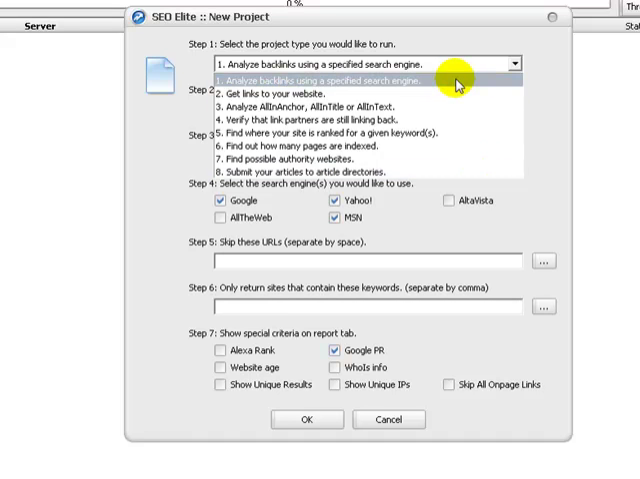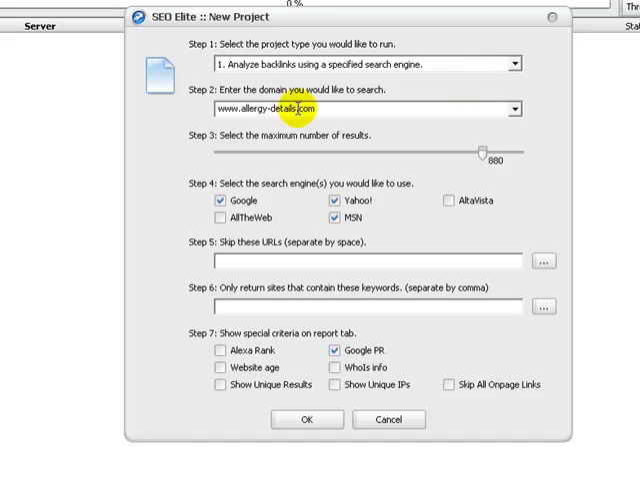So first and foremost, what we'll have a look at today first, and we'll be doing through a series of these, is basically analyzing backlinks through a specific search engine. So I've actually just picked this particular site, which is called allergy-details.com. You can specify in this area here